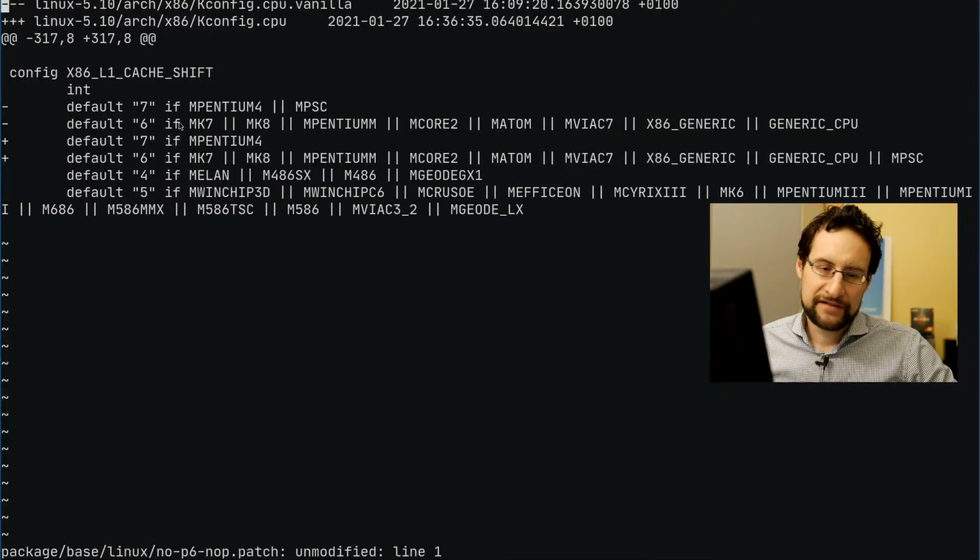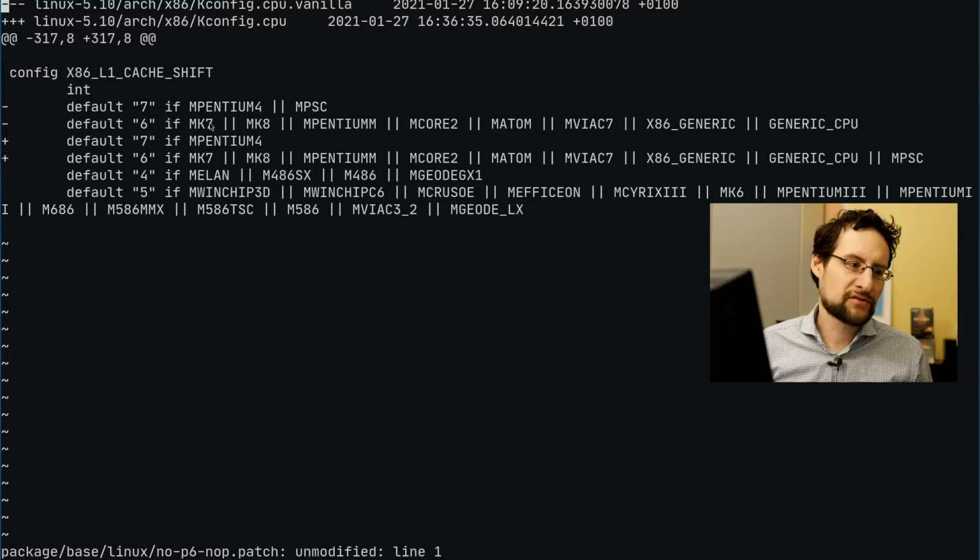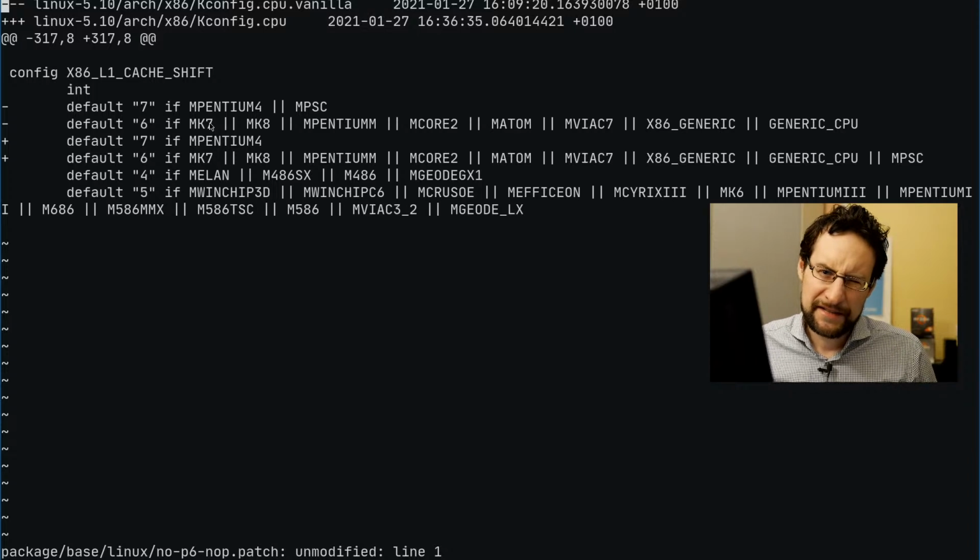Lo and behold, that is a change. So the L1 cache shift. This is totally bizarre, this is totally not what I expected. I expected a compiler optimization bug. I expected the no-corner Zen 2 architecture, no-corner Zen instruction scheduling, probably also the cost model of how many cycles the instructions take and stuff. I expected everything. I even expected user copy checksumming, but I totally didn't expect to come back here.